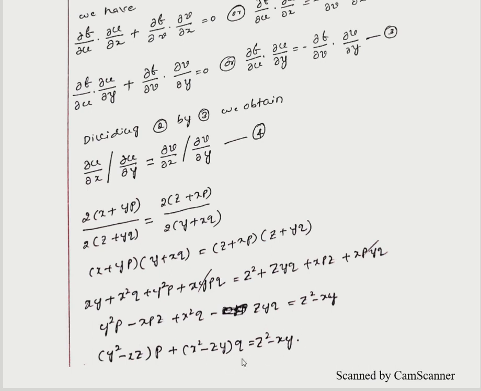You must write the final answer in terms of P, capital P. We take this as capital P: P into p plus Q into q is equal to R. You must write it in the form P p plus Q q is equal to R, where here p is taken as a common term and q as a common term, and that is equal to the remaining terms. That is the PDE. Thank you.